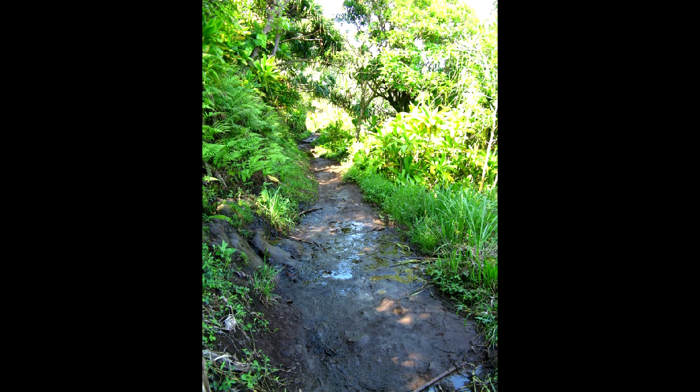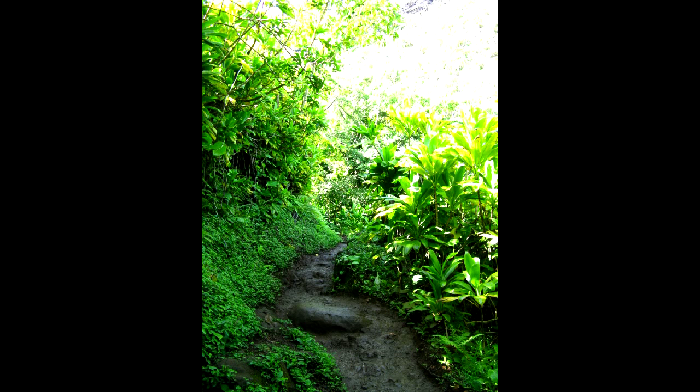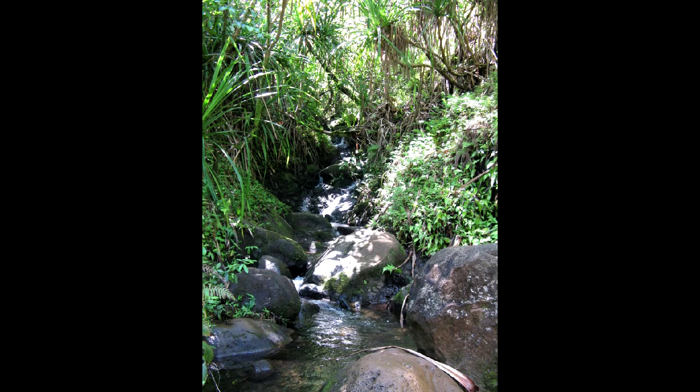Today, it was slippery. I was here last time, and I went as far as a little bit past that lookout, and it was dry as a bone. But if it's slippery like today, you got to be careful. So you're going to go in and out of those, and it seems like the trail goes up a little bit, down a little bit, and it levels off just enough for you to catch a wind, and then it'll go up and down, and then you'll hit the top part of the crest, and then it's all the way down to Hanakapi'ai Beach. And I got to tell you, it's a long...